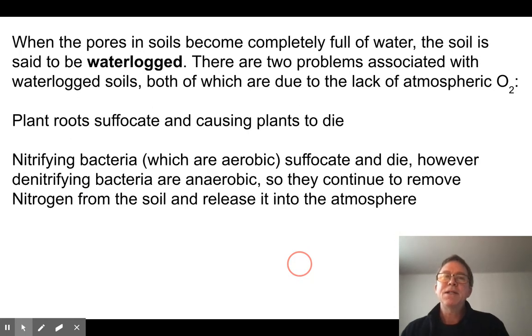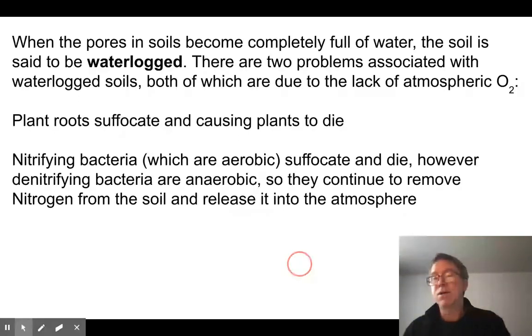Now, what happens is if the pore space between the mineral particles becomes completely filled with water, we lose our aeration. We refer to this as being waterlogged. And here's the problem with waterlogged soils. Well, there's really two problems. Basically, if the pores are filled with water, that means that we can't get any air in there. And if we can't get any air in there, things that breathe air are going to suffocate and die,